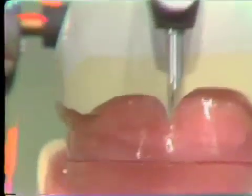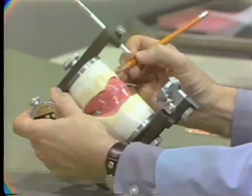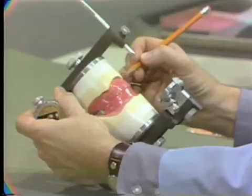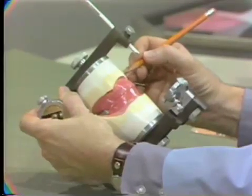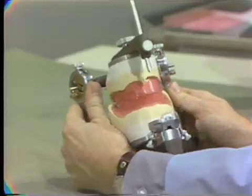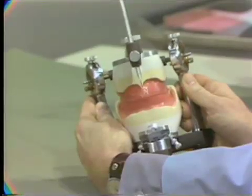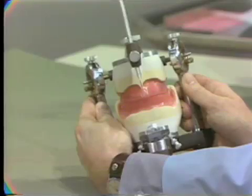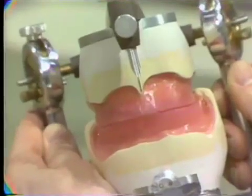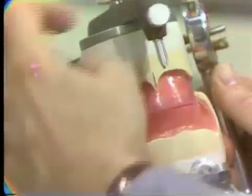So I'm going to put this toward me for just a second until I mark the midline on the cast using the methods just described. And now you can see that when this articulator is centered, I have indeed made an arbitrary midline. Now, this midline should be carried down onto the wax, of course, because this is where the teeth are being set. So the next step is to